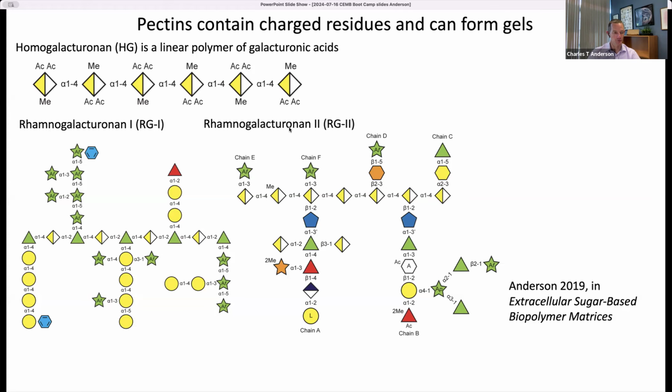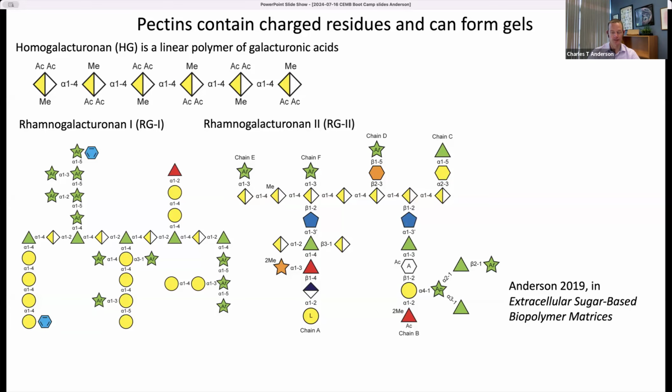And then there are two other forms of pectins, rhamnogalacturonan 1 and rhamnogalacturonan 2. RG1 has an alternating backbone of galacturonic acid and rhamnose residues, hence the name rhamnogalacturonan, and it contains arabinan and galactan containing side chains. And then rhamnogalacturonan 2 is this pretty complex molecule that has a variety of different side chains, up to 6 different types of side chains. And one of these side chains, chain A, contains apiose residues that allow for cross-linking via what are called borate diesters. So one of the key features of pectins is that they are, in many cases, reversibly cross-linkable